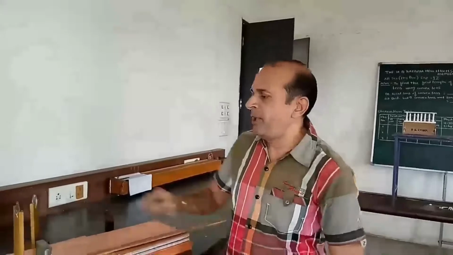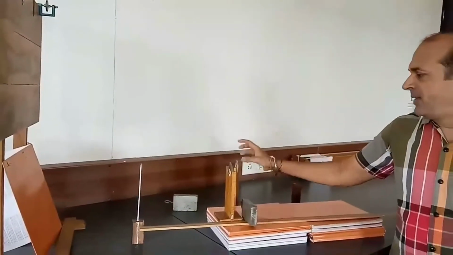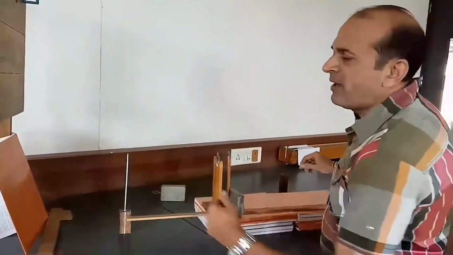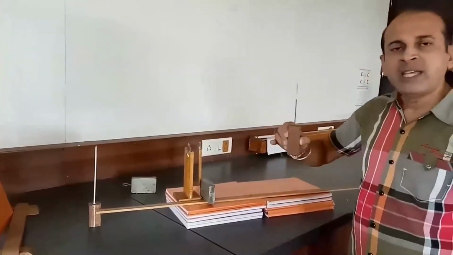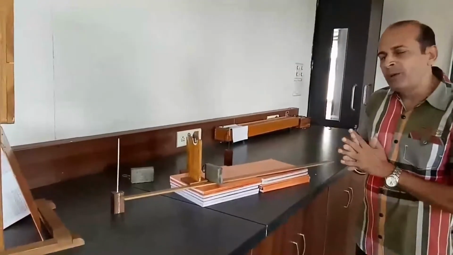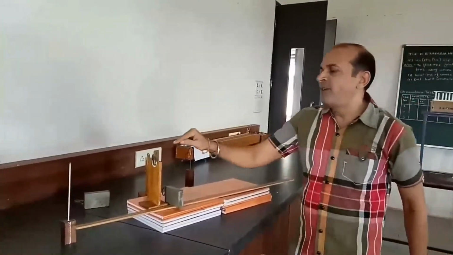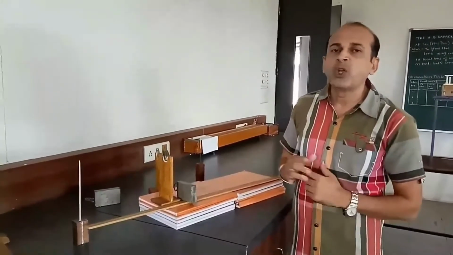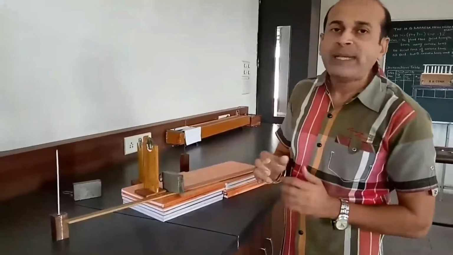Here we have the apparatus. This is a convex lens and this one is a concave lens. Here we have two object pins. One is a white object pin, while the second one is an image pin. The scale remains fixed during all the experiments. First let us find the rough focal length of this convex lens. It is around 14 centimeter.